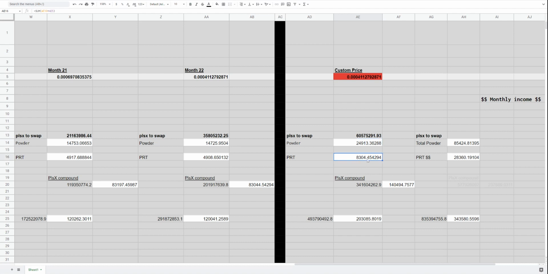You're going to have $8,000 of third party. You're going to compound $140,000 worth of PLSX. Coming into this month, you're going to start with $203,000. And you're going to have, after you compound, $343K